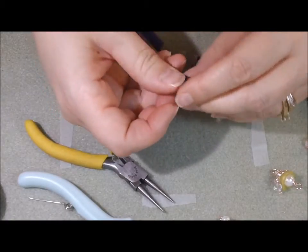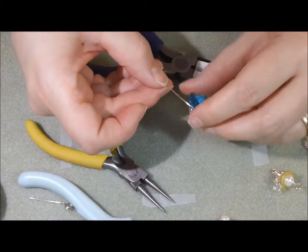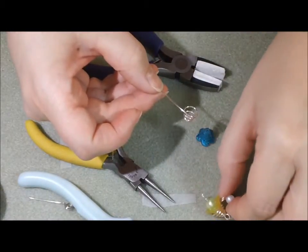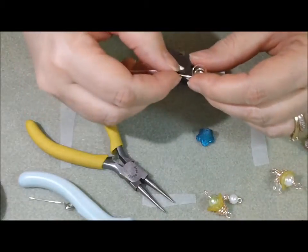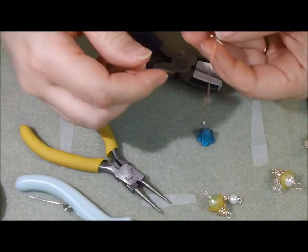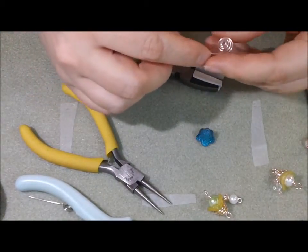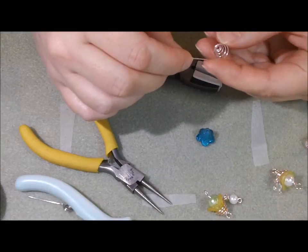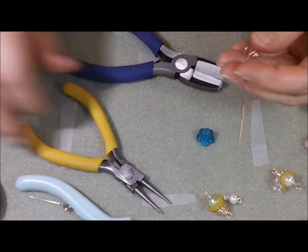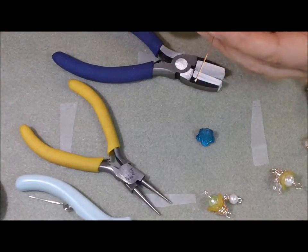Okay, so I'm liking how that's looking. Now what I like to do, like what I did on here, is cut it and make a little loop. To do that, I'm probably just going to take, you guys got to eyeball it. I don't measure it. You got to eyeball it. So take about, like,